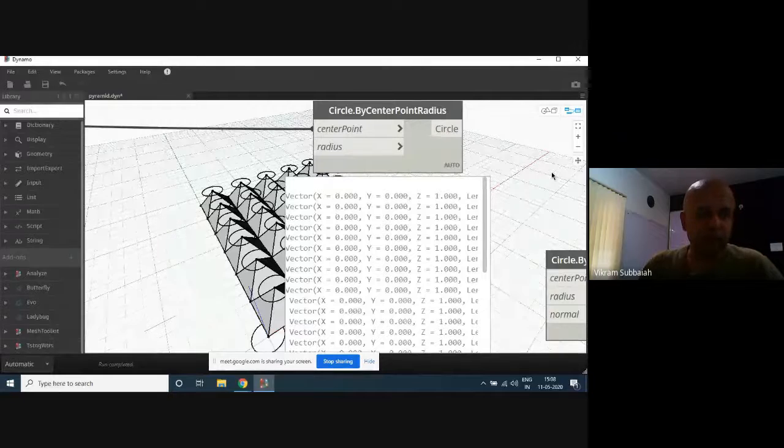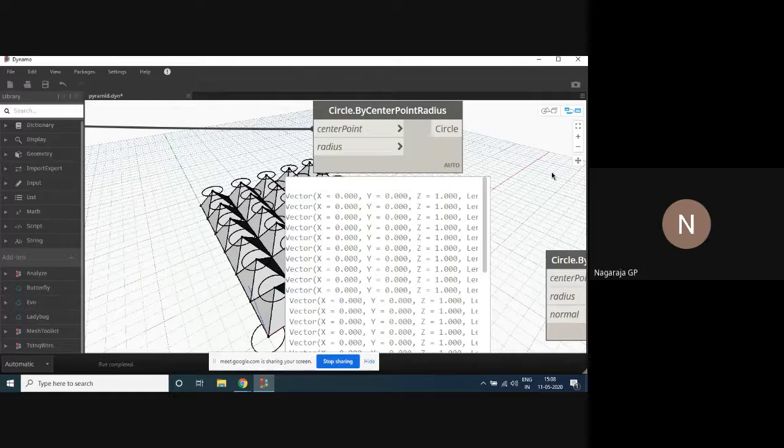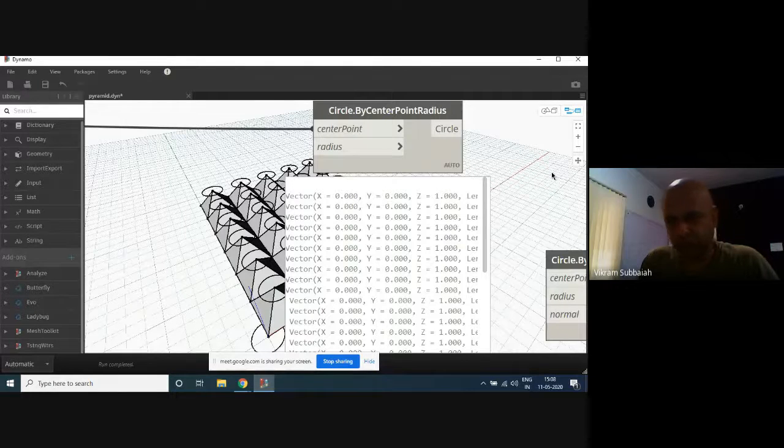A unit vector is something that has a magnitude of 1 and usually indicates only the direction with respect to the origin. All of these vectors, 0, 1, 0, 0, 0, 1, 1, 0, 0, and things like that, are with respect to the origin.